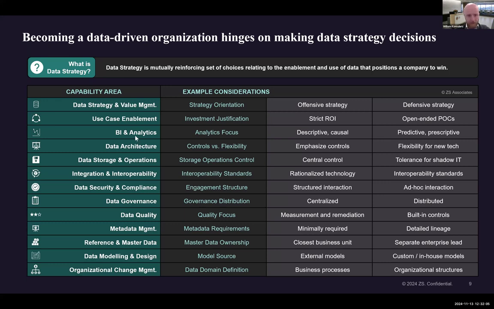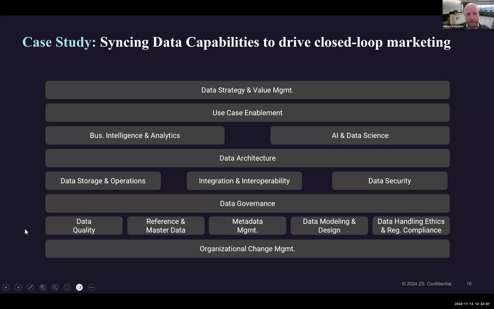And to give you a hopefully very tactical example of such a use case, to make this as real as we possibly can in the span of an hour, we wanted to take an example that we've looked at with another global technology company that we've worked with in the last couple of years. Specifically, this one is about closed loop marketing. Before I go step by step, let me explain that one really quickly.